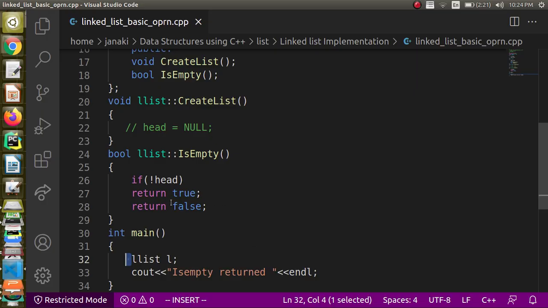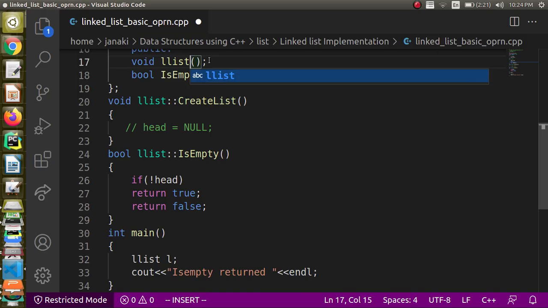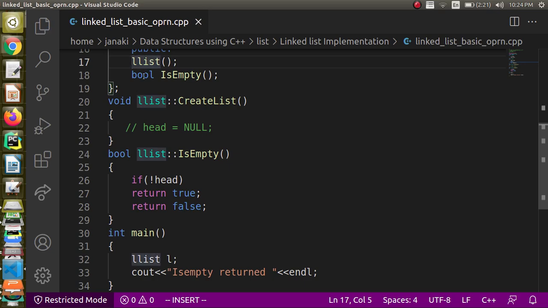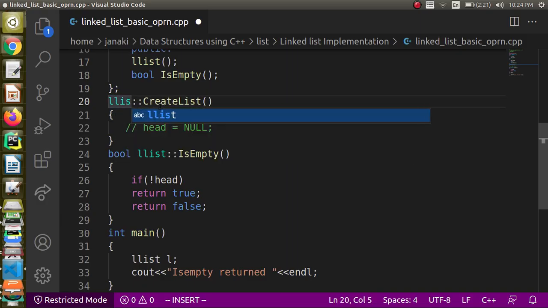When, if suppose I have written as create list, if it is create list then it's fine. Actually I can make this as a constructor itself, that variation we can do, because create list wants to initialize the things. If you want to initialize the data members, better to write a constructor.